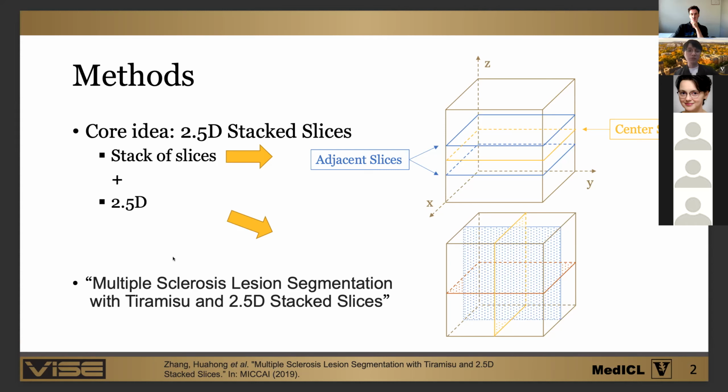In that work, we use a very straightforward data representation called 2.5D stacked slices, and it consists of two terminologies, 2.5D and stacked slices. As shown in this figure, a stack of 3 slices is defined as a center slice and its 2 adjacent slices. While the central slice is the most important one, the neighboring slices provide contextual information about possible lesions. A stack of adjacent slices,